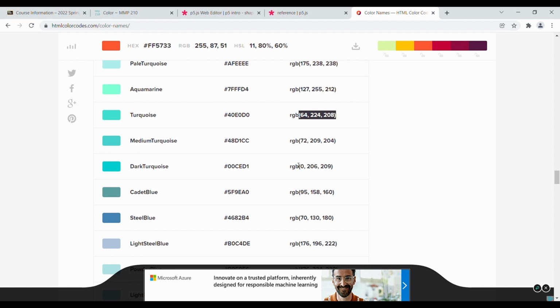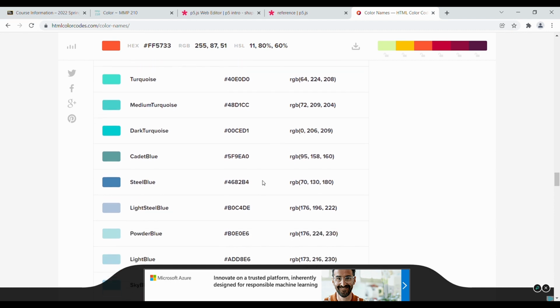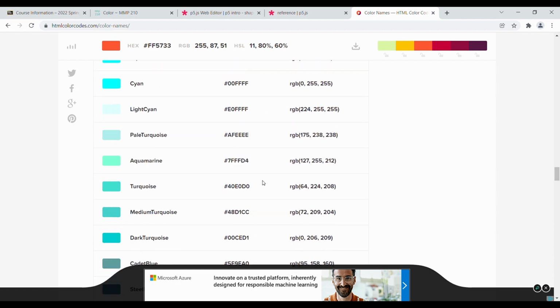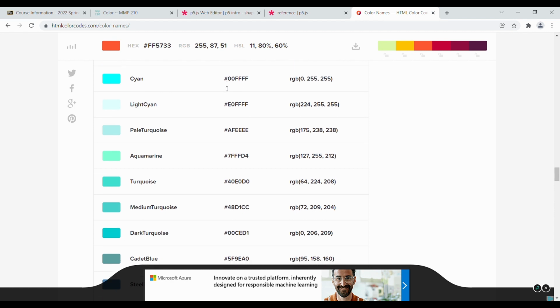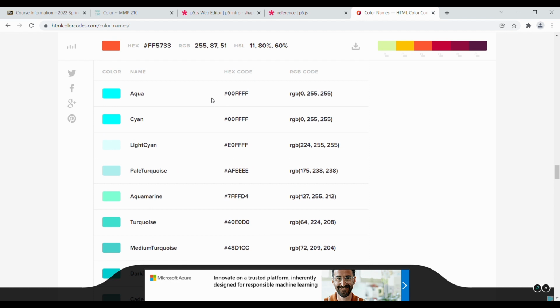But we can see with something like this one, where red is 0, that 0, 0 is the same thing. It's not really important to understand that, but it might be interesting to know why. But anyway, we can use hex values, just like we can use our named colors. So if I wanted to use aqua or cyan, I could refer to it as aqua or cyan, or I could grab this hex code and copy it